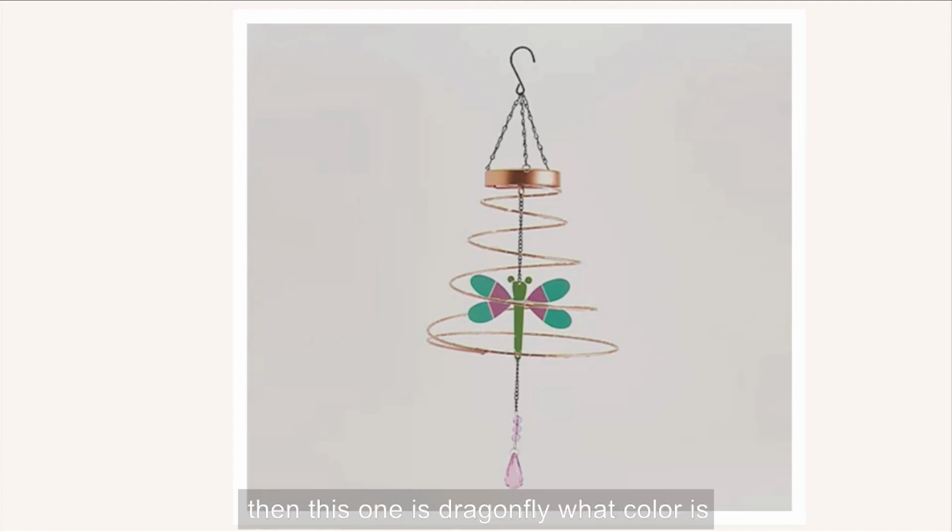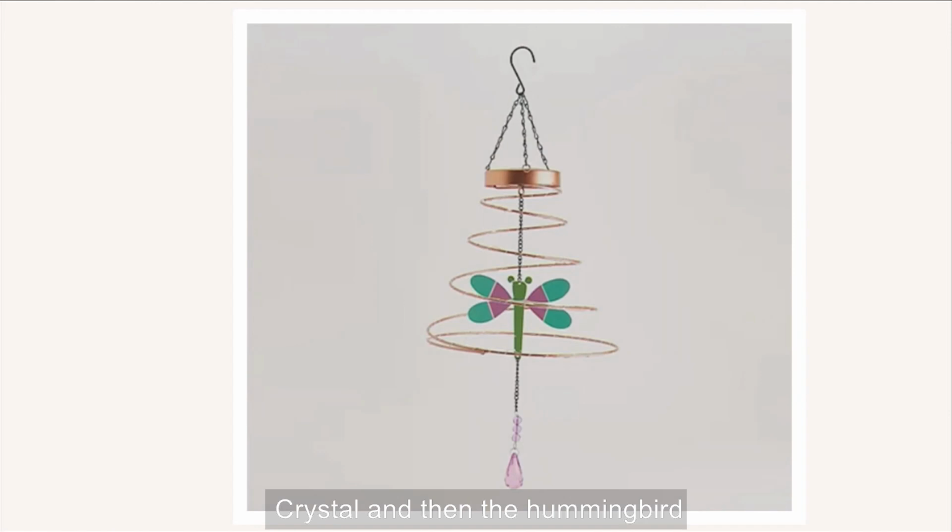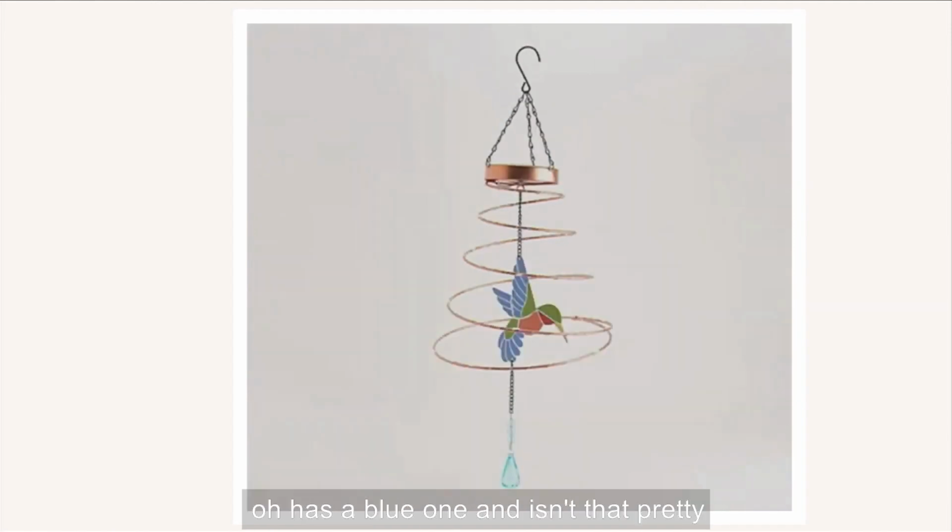Then this one is a dragonfly. What color is that? Do you think it's pink, Chance? Yeah, I think it's got a pink crystal. And then the hummingbird has a blue one. And isn't that pretty? I think every time I think about a gardener, they always have those hummingbird feeders. So